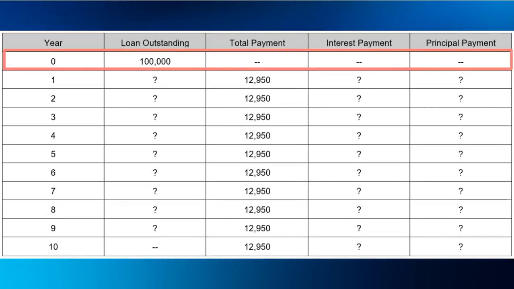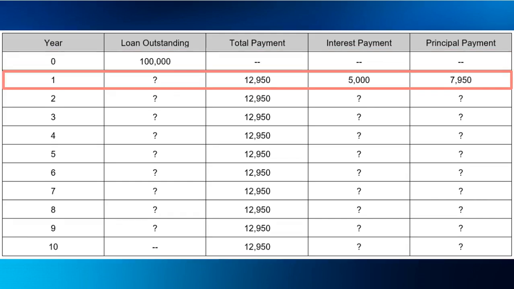If the loan amount was $100,000 over 10 years at 5% interest, what would the schedule look like if he needed to make annual installments of $12,950? To work out the first year's payment, calculate the interest payment of $100,000 at 5% interest. That $5,000 would go in the first interest payment column, and since we know the total payment is $12,950, we can calculate the first principal payment by subtracting that $5,000 from the